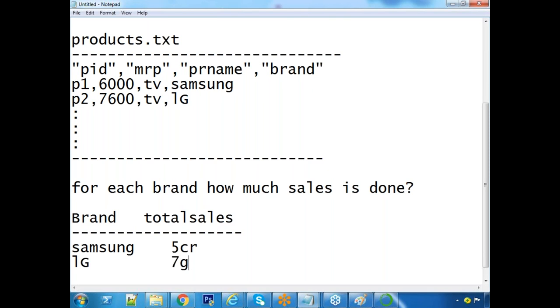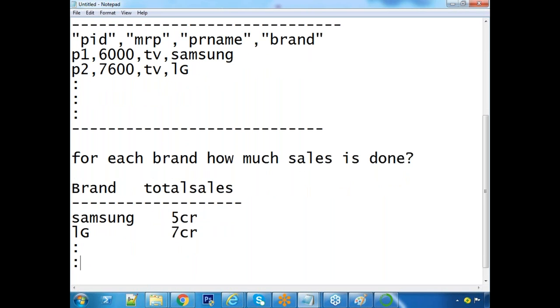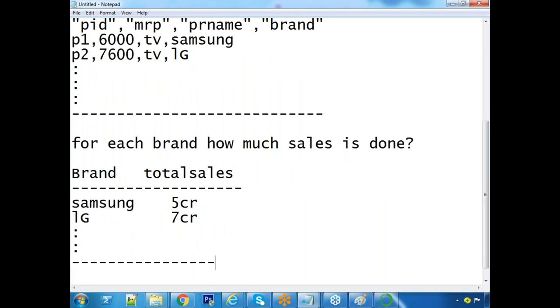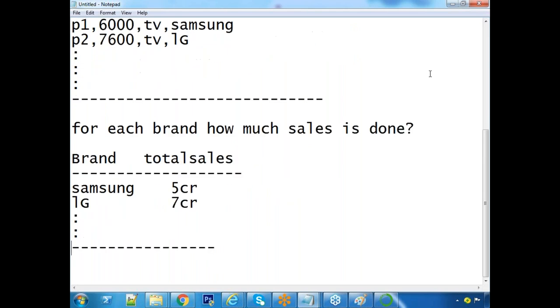In this way, for each brand, the total sales I want. So take this assignment. All of you send it to me. Once you do it, even if it is wrong, send it to me.